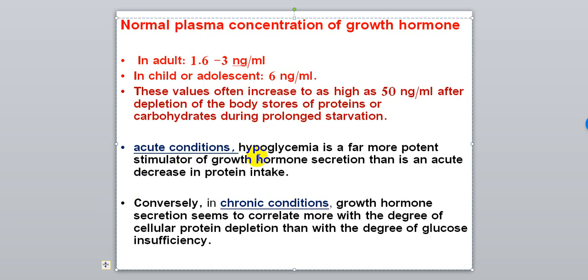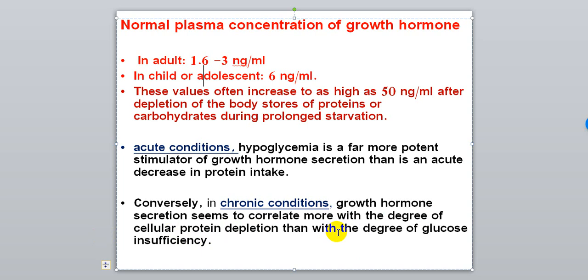Acute condition: if there is hypoglycemia, it is a far more potent stimulator of growth hormone secretion than an acute decrease in protein intake. Conversely, in a chronic condition, growth hormone secretion seems to correlate with the deficiency of protein compared with glucose. That means when there is deficiency of carbohydrate and protein, when the person needs energy in a short time period,